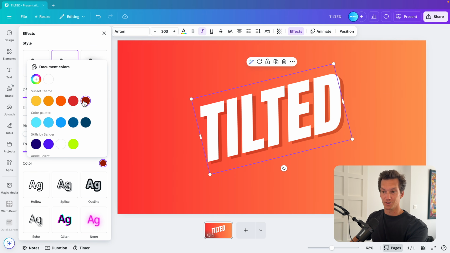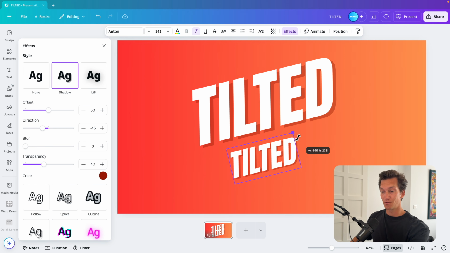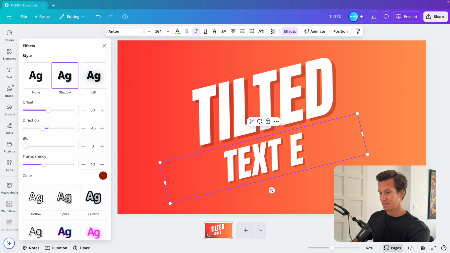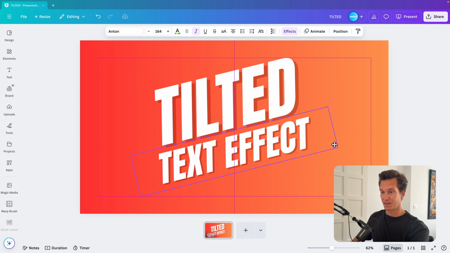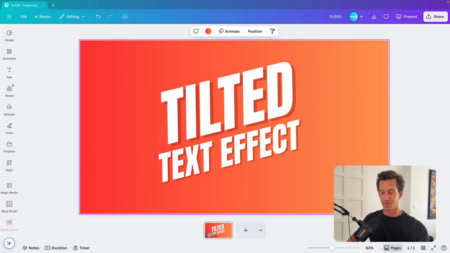to use, let's say, a darker tone of a red. So this is already quite cool, and then you can just copy it and it remains an editable text box. So even if you expand it, you can type in text effect and then just play around with the text effects. But I think this looks quite cool on some designs if you want, and that gives a really cool